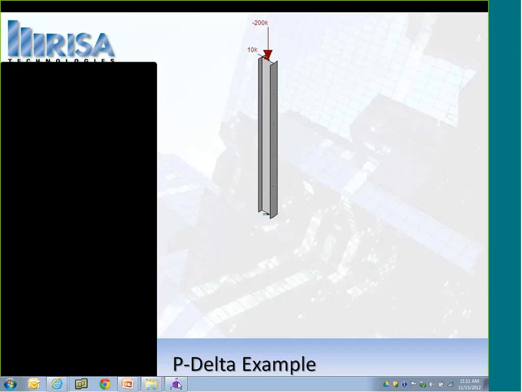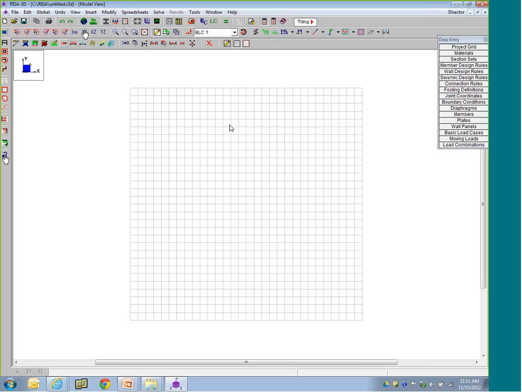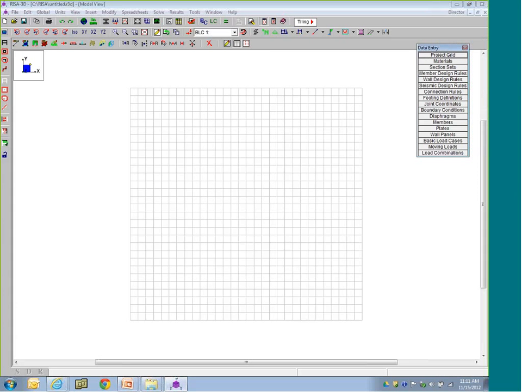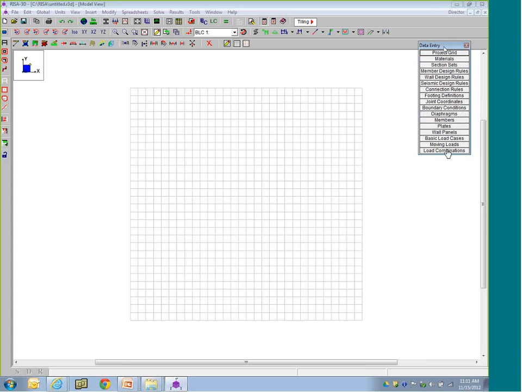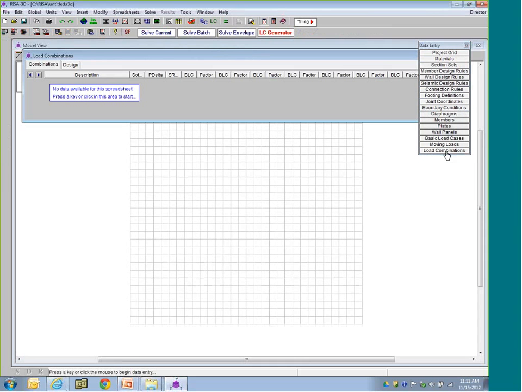So let's jump into RISA. What I'm looking at here is RISA 3D, and before we even build an example model, a couple things we want to talk about is how do you turn P-Delta on? The first thing you do is, on this data entry toolbar, there's a load combination spreadsheet, and if we create